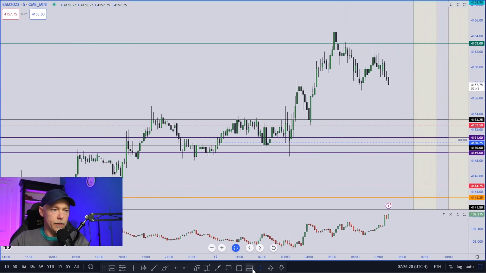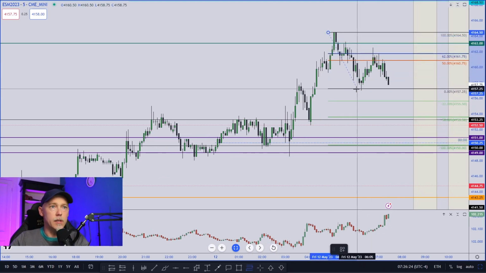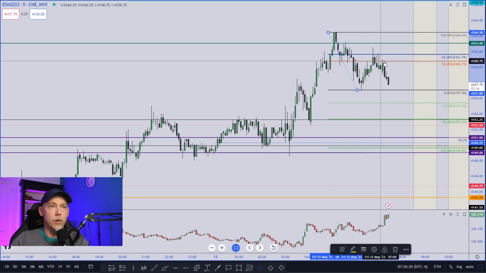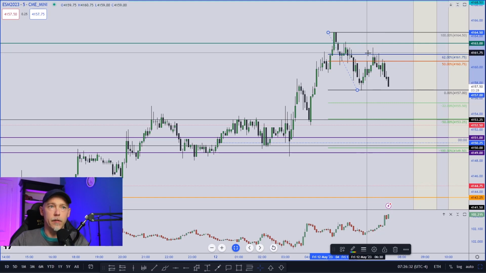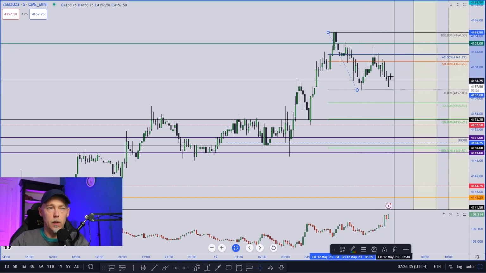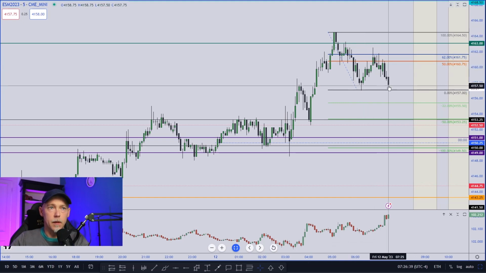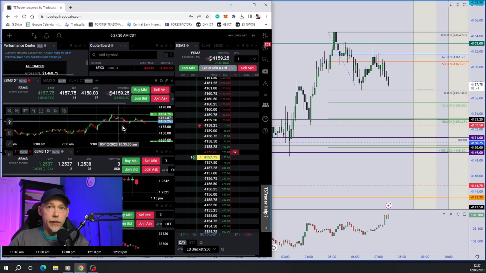Also, if you look at a Fibonacci tool from the absolute high here down to this low here, we'd have pulled back into value, or a discounted array. We're above the 50% and we rejected and we're moving lower. So I got into the trade. Let me just show you that. This is the live trade here on the left. You can see I'm short at